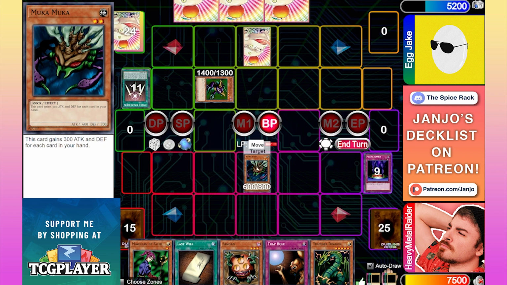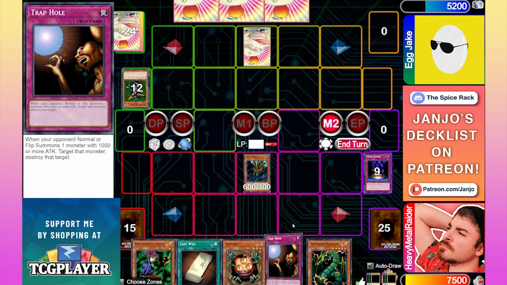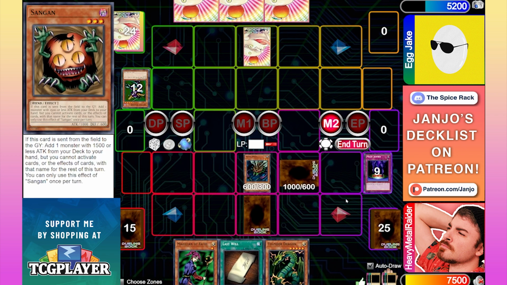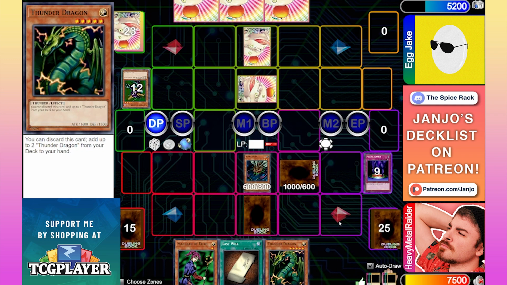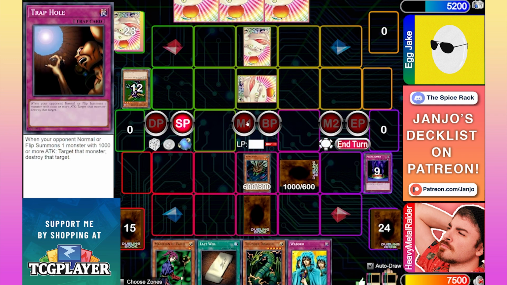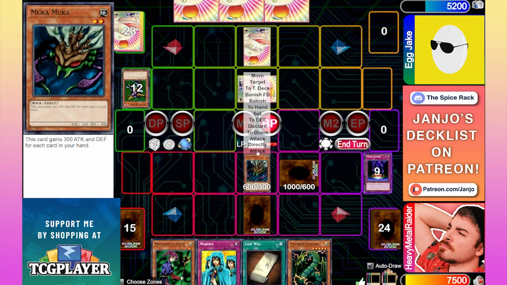Muka math. I'm going to attack Cannon Soldier. Is that a Mirror Force? Nope. Interesting. Set and end turn. So Muka's a bit weaker now, unfortunately. It's at 18. No, 15. Okay, you can end your turn. That's fine. He's now at 18, so I will go ahead and...